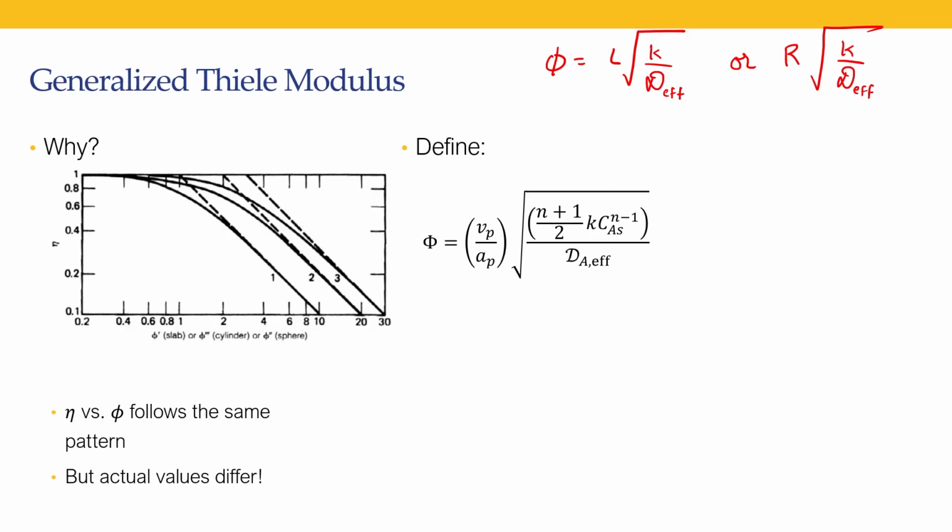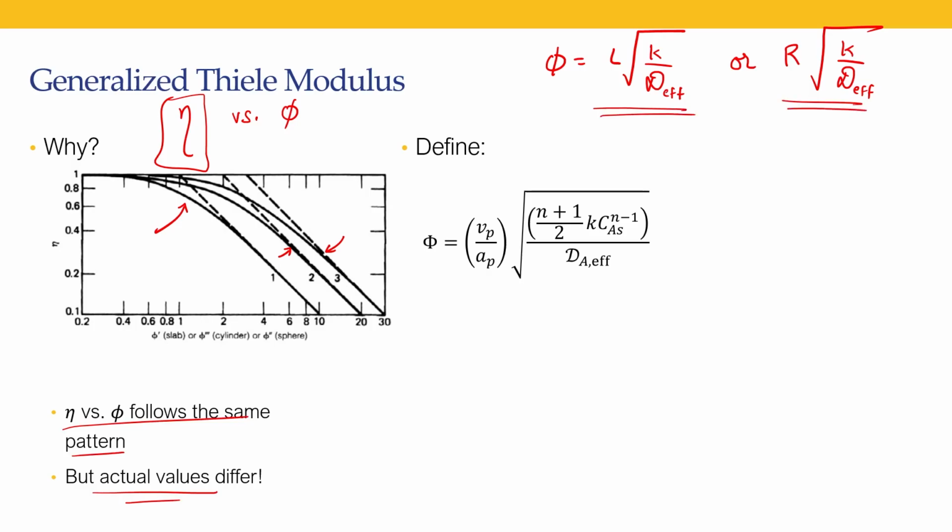Now, because of this, this will be the expression, this will be how your effectiveness factor versus phi will look like. I have not yet defined effectiveness factor, but effectiveness factor is an important term. This is how it's going to look for a slab, this is how it will look for a cylinder, and this is how it would look for a sphere. So they follow the same pattern, but the actual values differ